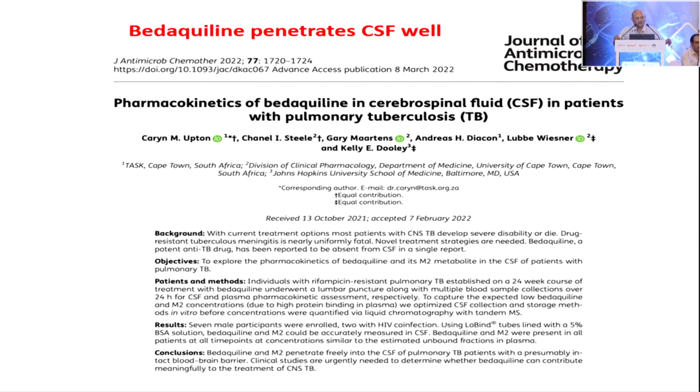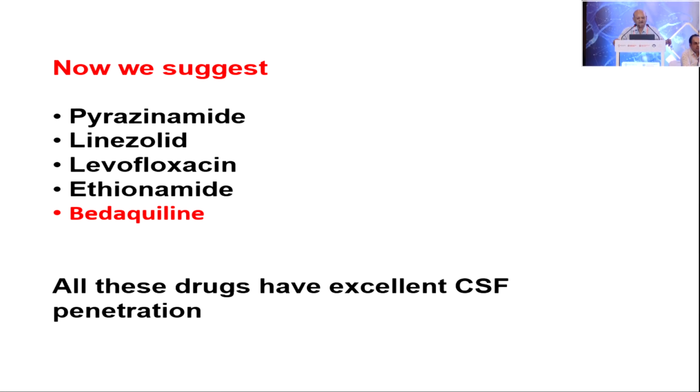Our government program requires this beta-choline to be added into the regime. This beta-choline has been found to cross CSF quite well. So now we can make a new regime adding beta-choline. Now all 5 drugs, pyrazinamide, linezolid, levofloxacin, ethionamide, beta-choline, all have